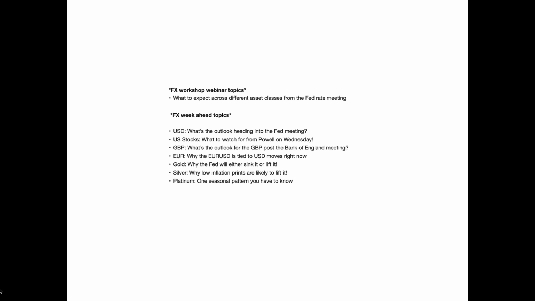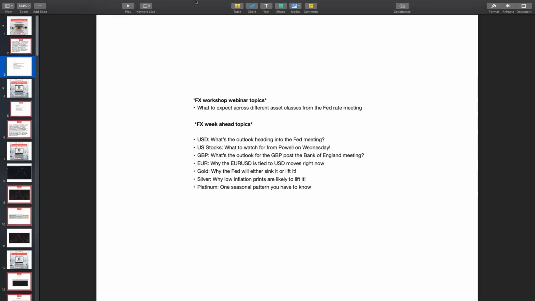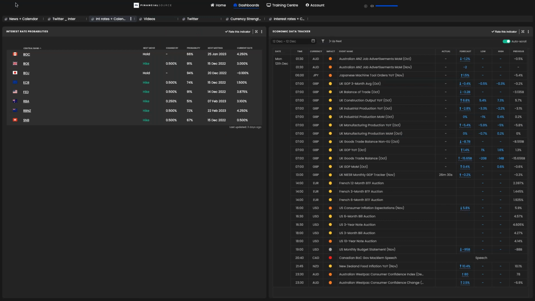So there's a lot to look at. The key outlook for the dollar, US stocks, gold and silver is what we'll be covering for the Fed meeting, mainly on Wednesday. So do make sure you attend on Wednesday and look at that workshop, because I will be running through what you can typically expect from those instruments. I'm also going to point out a very strong seasonal pattern in platinum, which I'd like to get to straight away, because it's an amazingly strong seasonal pattern that you just have to be aware of. So I'm just going to look at that soon before we really get stuck into the session.